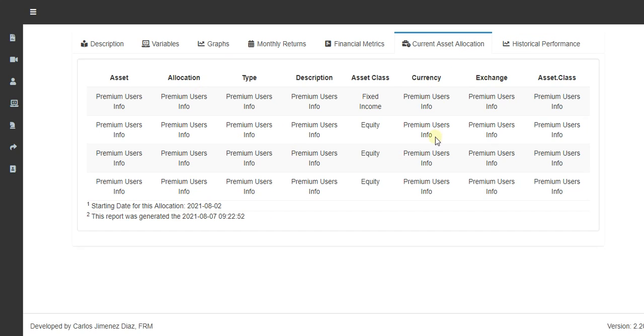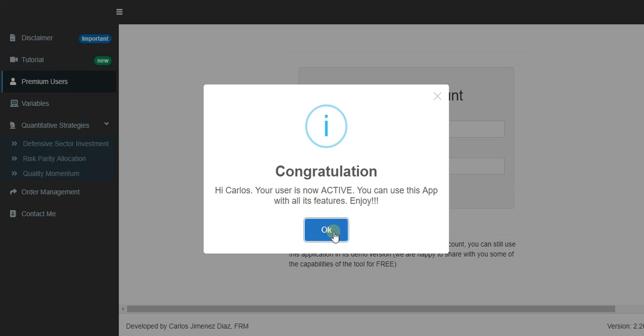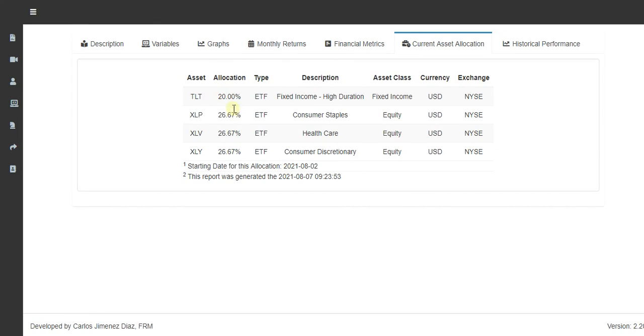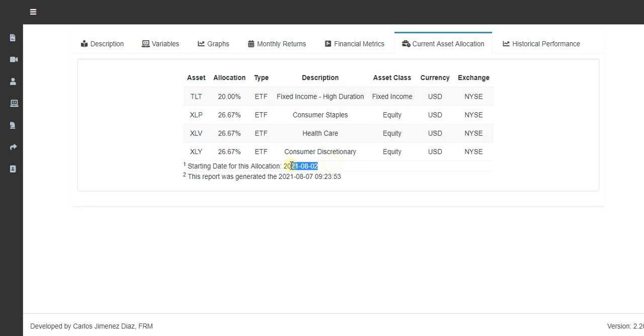So let me show you how these change. If I now go into my premium user account and activate, then if I go into this defensive sector investment, I will be able to see the asset allocation. So this is the difference inside each strategy: for a demo version, you are not going to be able to use our cloud for you to save your settings, and you are not going to be able to see the asset allocation that you need to use in order for you to rebalance your portfolio at this specific